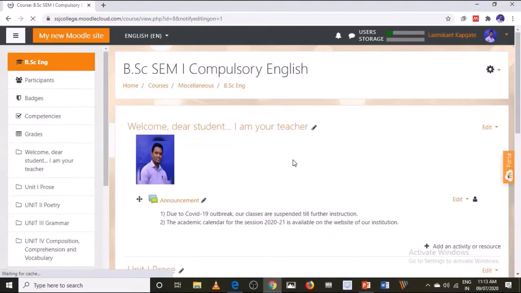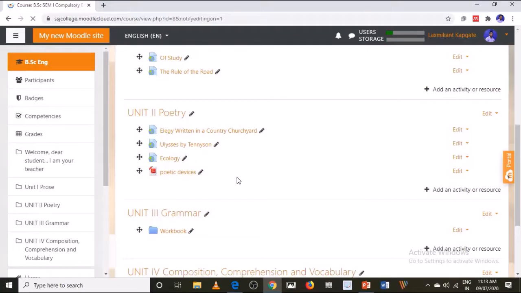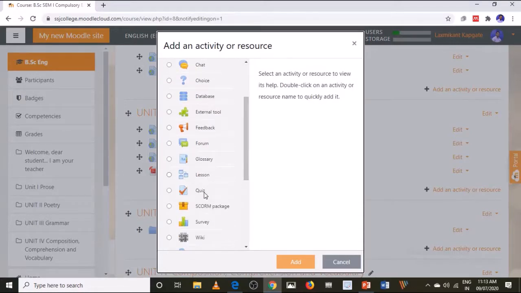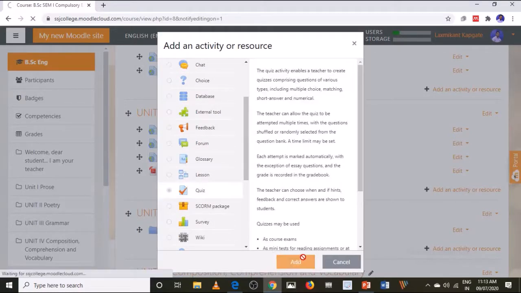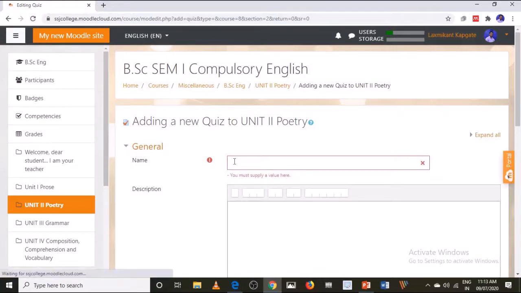Now you can edit any section, you can add resources, activities like this, as we have added in the previous video. Now see, I want to add a quiz. So let me click on this add activity. I will choose from this activity option, the quiz option, and add it to my course. So it will automatically add. So for this let me set something. For example, this is a quiz,